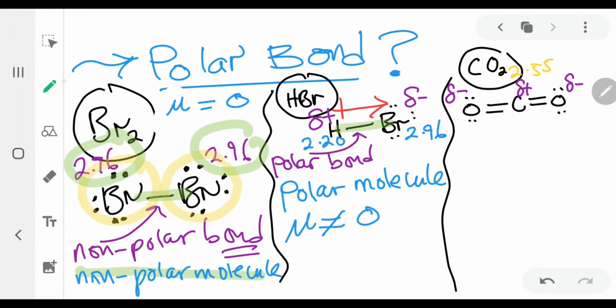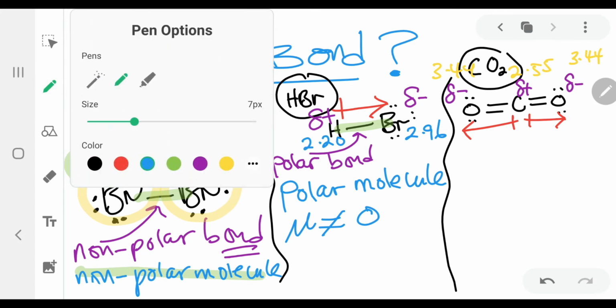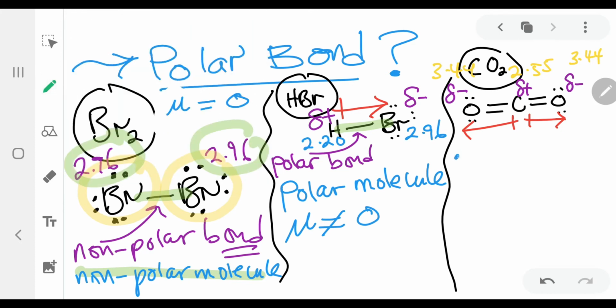So that is a very clear difference in electronegativity. Remember, you have to put this arrow to show the polar bond from the more electropositive atom towards the more electronegative atom, and then another one going that side. So in this case, CO2 has polar bonds, but the shape